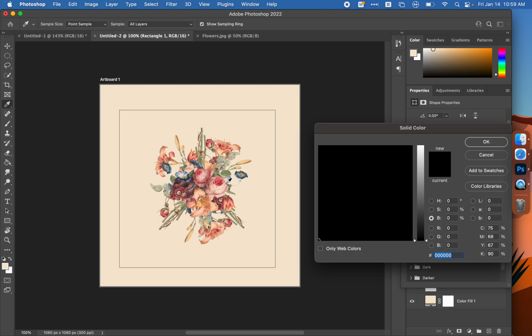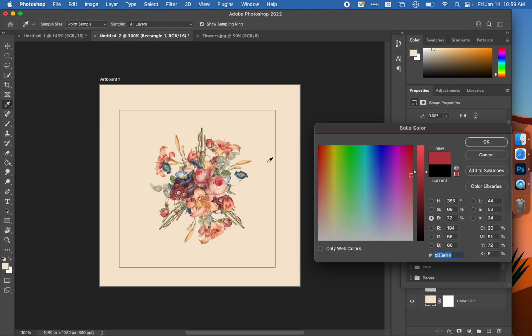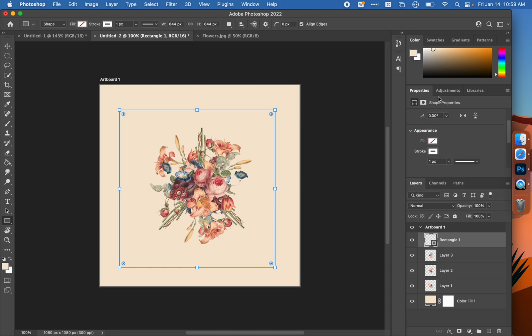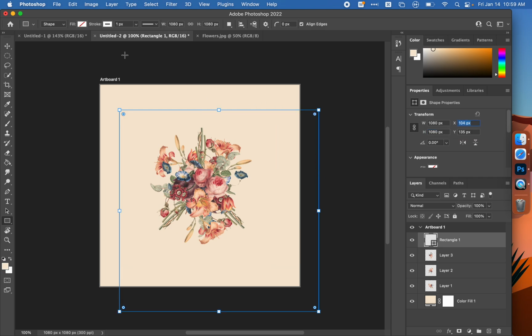I can either pick a color from within my image, I kind of like that red, or I can manually drag into the corner and drag this up to get pure white. Okay, so I've got that. I want to go up a little bit to the height and width of my square, and I'm going to make it as big as my image, so I'm going to say 1080,